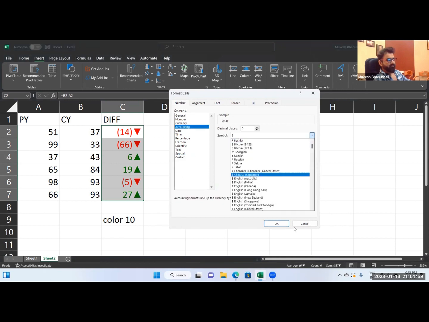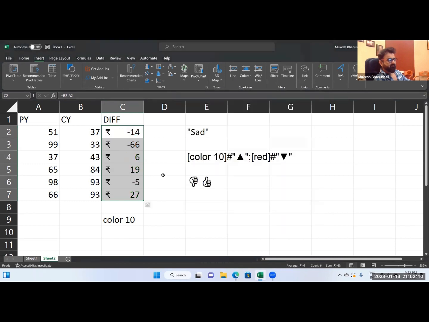Okay, in accounting format I just say I want this rupees format. So you see the difference. Do you see it? The rupee symbols are always on the left-hand side and the values on the right. I wanted the same thing over here, but I wanted my numbers on the left and my symbols on the right. For that you can